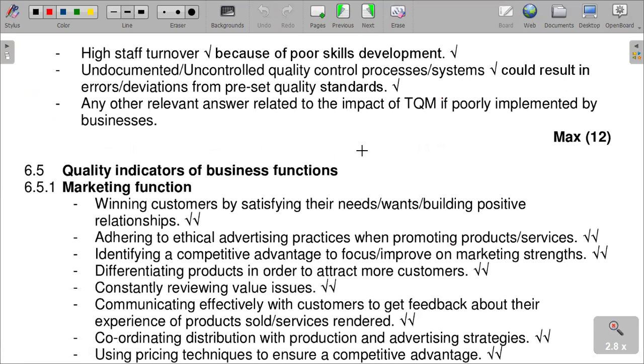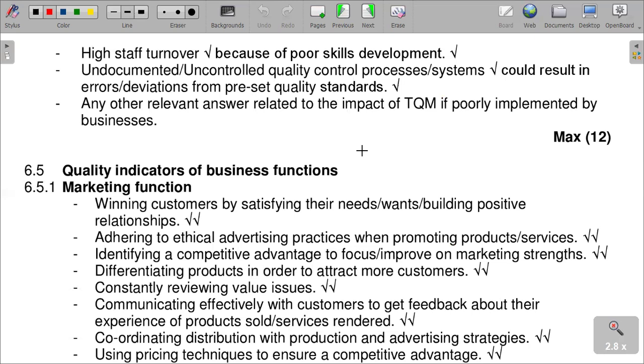High staff turnover because of poor skills development can result from poor implementation of total quality management. When staff leave the organization, there are quite a lot of successive costs and losses that would arise on recruitment and selection, and also stoppages, and many other associated costs that would arise because of having untrained, poor